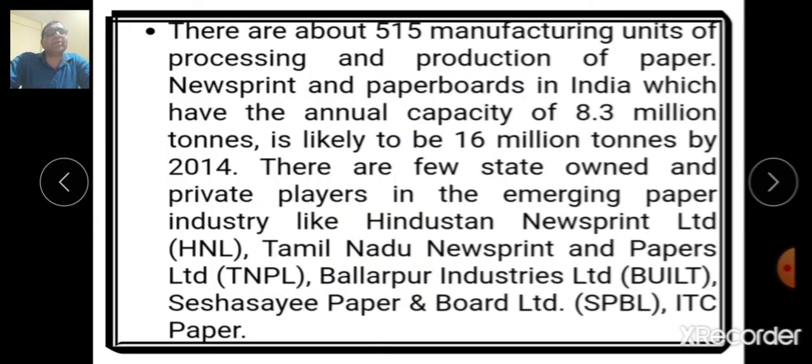Now there are about 515 manufacturing units of processing and production of paper, newsprints and paper boards in India, which have the annual capacity of 8.3 million tons, now increased to 16 million tons by the year